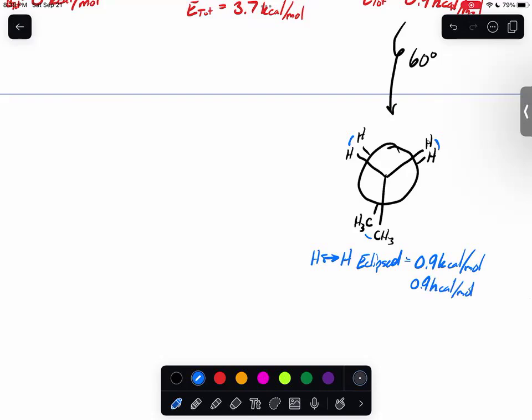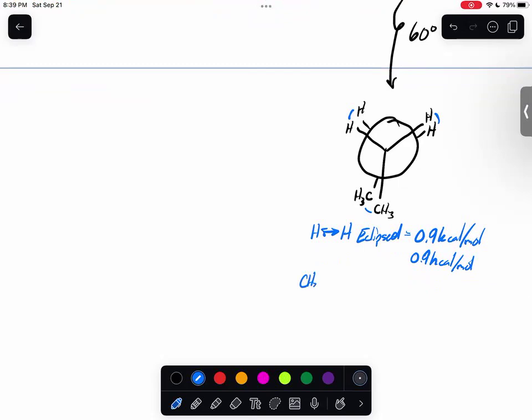But then our methyl-methyl eclipsed is going to have an even higher value, because the bigger the group, the more steric strain it comes with on top of the torsional strain that we see on the bond. So in this case, the CH3 CH3 eclipse, if you go back up to the table, it's 2.6 kilocalories per mole. So our total energy in this case is even higher. It sits at 4.4